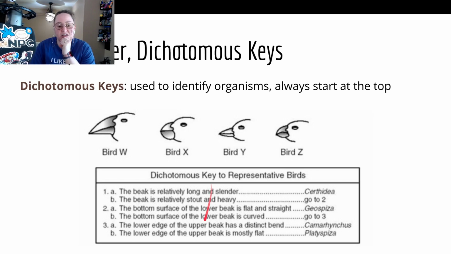Sometimes when you sit there and you read, it could be either, that's when you flip and go both directions. So you choose one direction, and if that goes nowhere, you go all the way back to whatever confused you, like say it was number 3. You choose A, because it seems likely, and you go all the way down, and nothing seems to match, so you go back to 3. This is where you make little notes all over your dichotomous keys, and then you go B and follow it, and then half the time, hopefully, you'll be like, oh yeah, there it is.